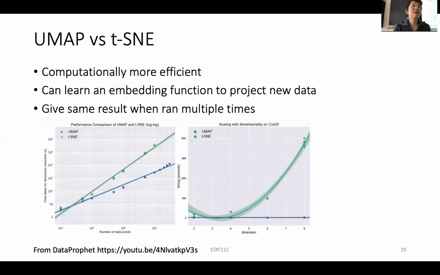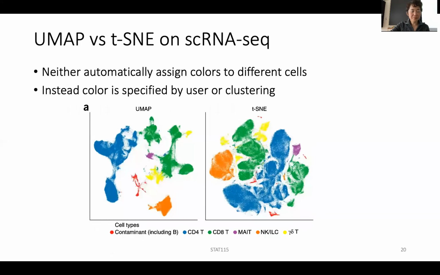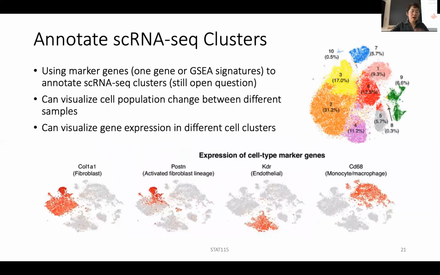For UMAP, I actually don't know how they implement this. Because there's a projection, every cell comes in, you just project them in a different way, and then you get this result. Yeah, so that's visualization. So next